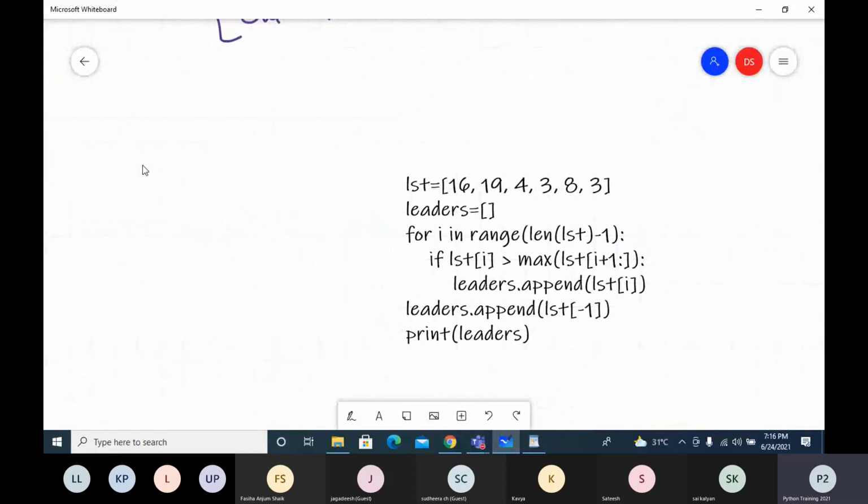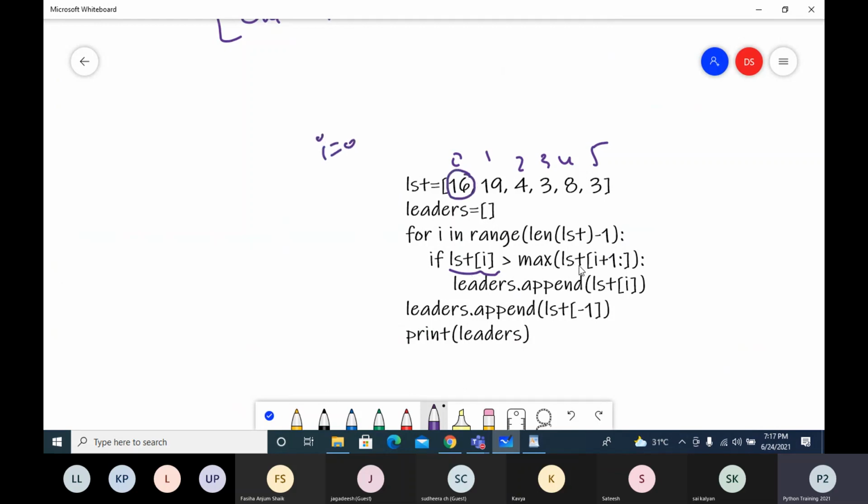So here what I am doing is I'm starting from 0. So 0, 1, 2, 3, 4, 5. Now I'm taking the ith element. First i is 0, so the ith element I'm taking is 16. Now maximum of LST[i+1:].